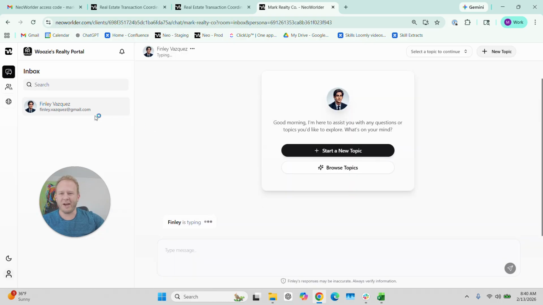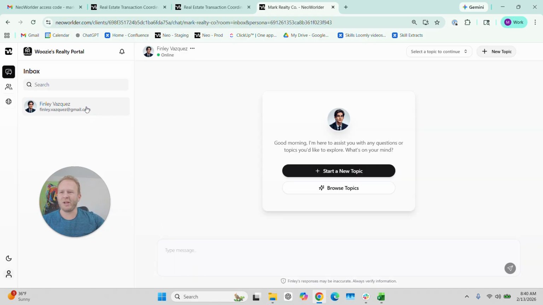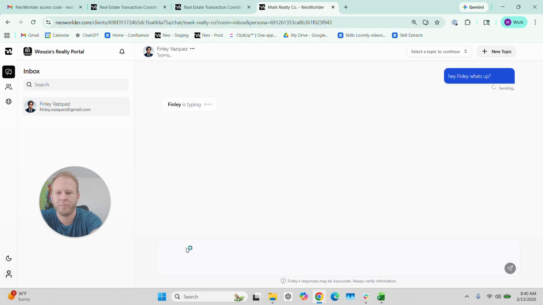You can see that we've got Finley right here. And when we come into the inbox, we can go ahead and talk to him right here. They do have some generic information about some of the skills. This is something I'm continuing to work on over these next weeks. The end goal is to get it to the point where when you're asking questions about